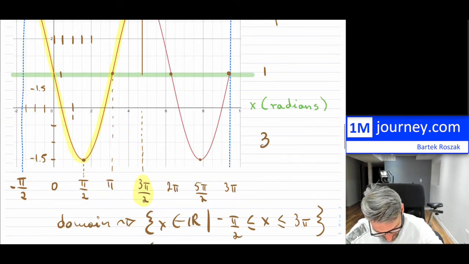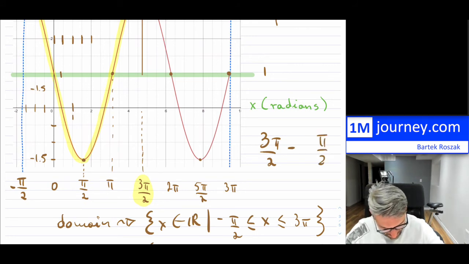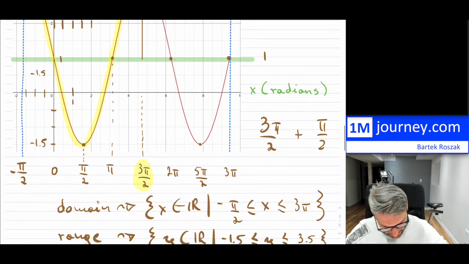So what does that mean? It means we have 3 pi over 2 minus negative pi over 2. So this becomes a plus, right? That's going to be 2 pi. Okay, so that's what we have there. So that's 2 pi. So that's the period. So it looks like it's 2 pi, which means